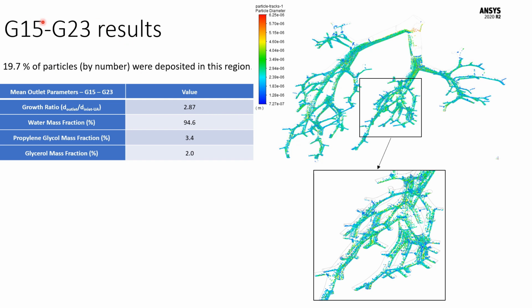Finally, in generation 15 to generation 23, 19.7% of the particles were deposited, so more of the particles are deposited in the deep lung, and the rest we assume are deposited in generation 23 or beyond. So that we count as the alveoli. What leaves this model is counted as deposition in the alveoli. Passing through generation 15 to 23, growth ratio is 2.87. By the time we leave this model,